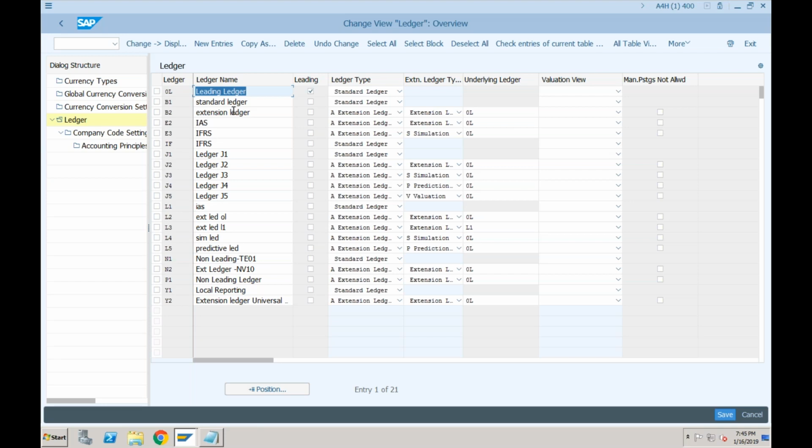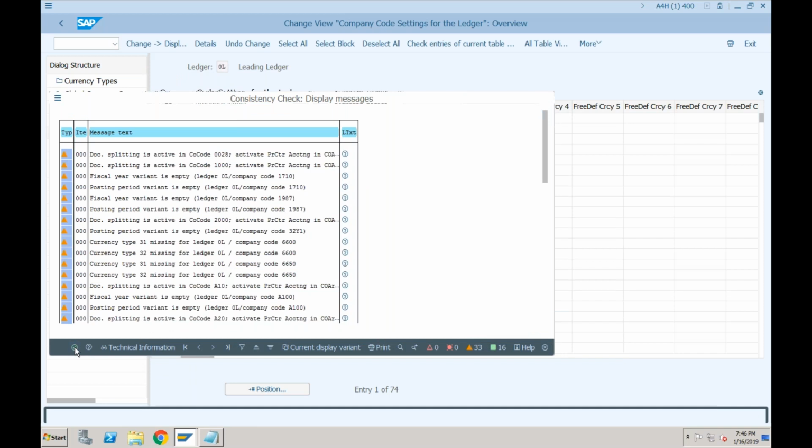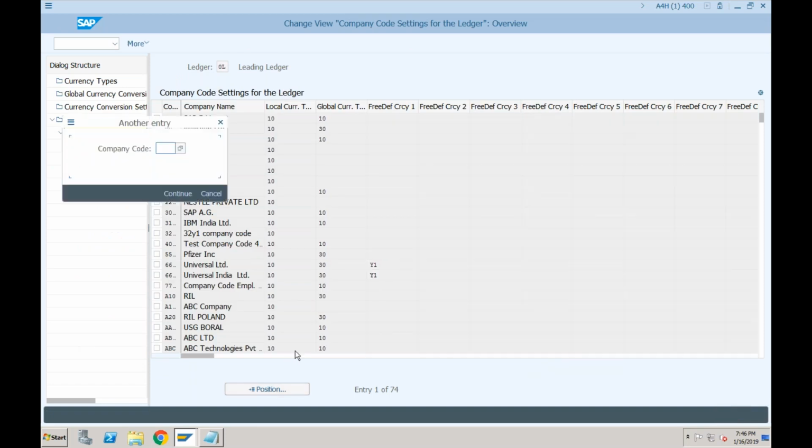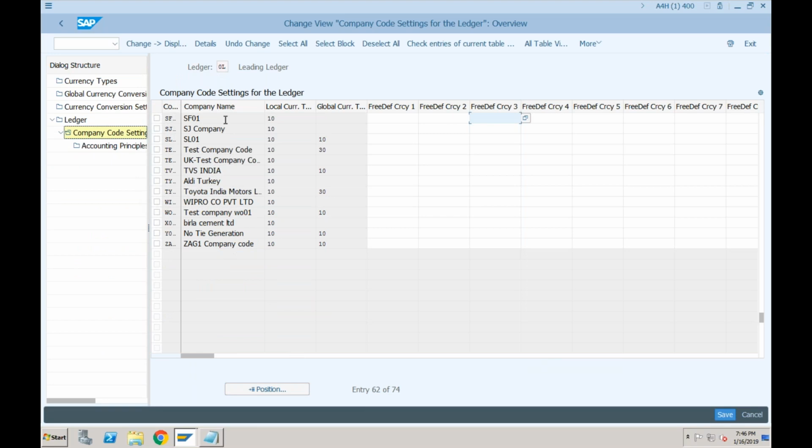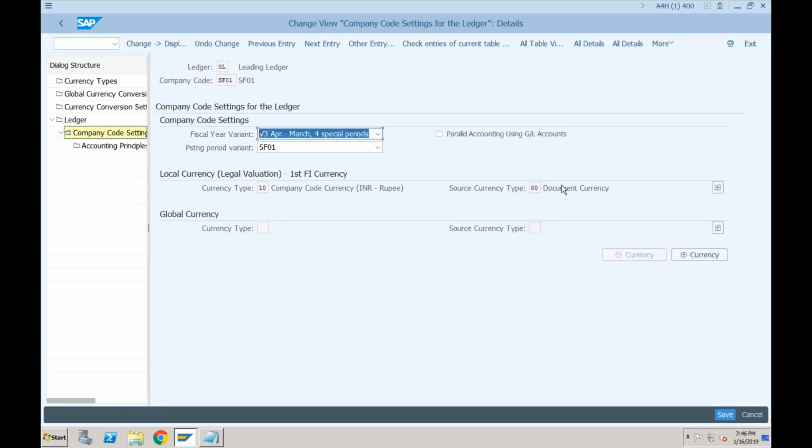But now in SAP S/4HANA, you still have company code currency and you still have, okay, let me just double click on this. Let's go to a particular company code. So let's say our company code is F01. Okay, and here you can see, I already showed you last time, you have a company code currency, you have a controlling area currency.